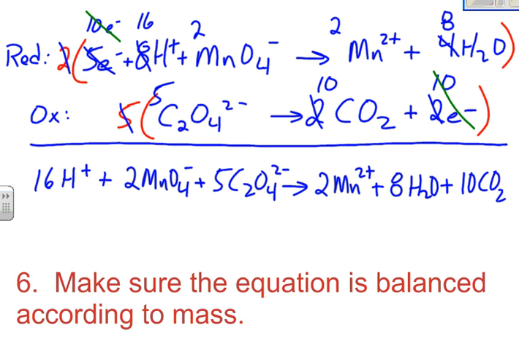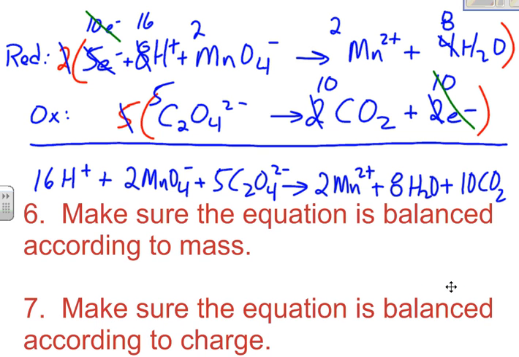Now we're going to go through and just double check and make sure we did everything correctly. So I think you'll find that we have 16 hydrogens on both sides, 2 of the manganese, we have 28 oxygen, and it looks like 10 carbon on both sides. So we're balanced according to mass, and then the other thing we have is to make sure that we're balanced